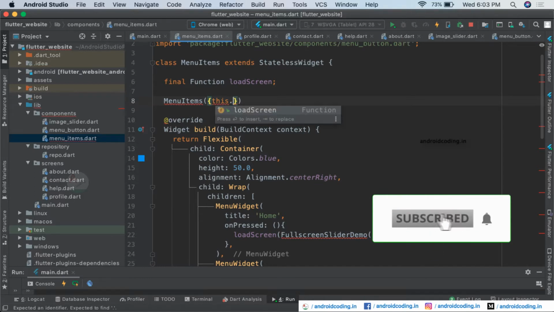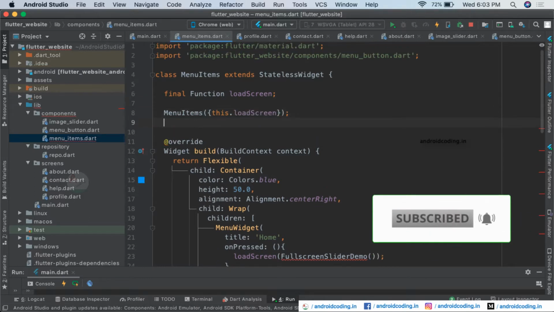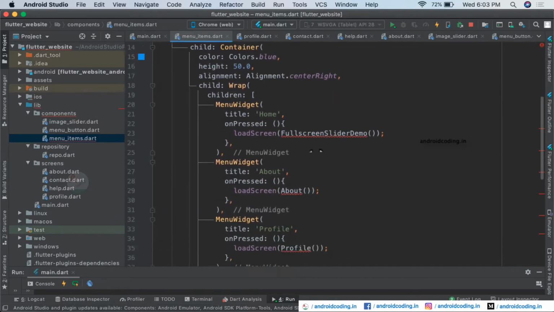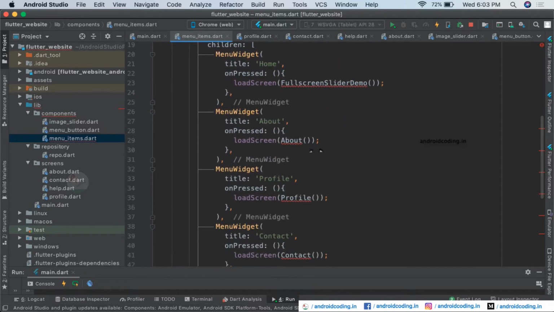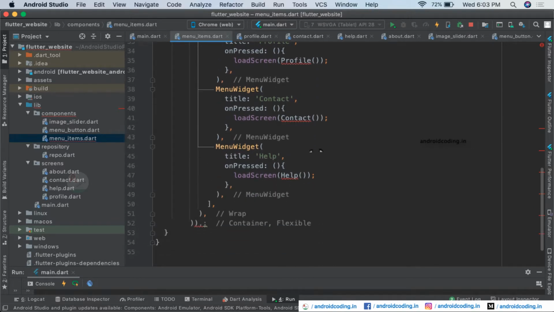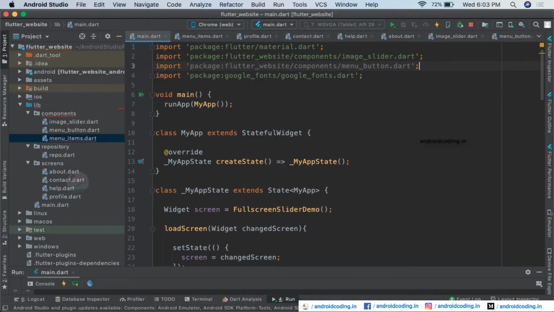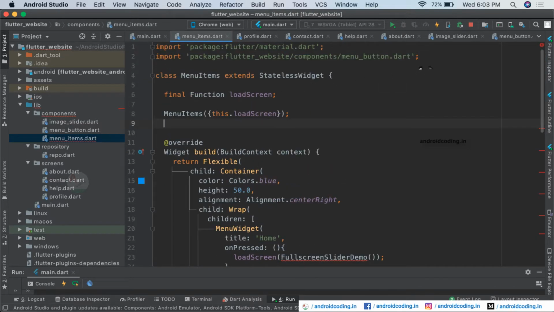So this dot load screen. Yes, we have initialized it, and now you can see these are all the class files for the particular screens. Let us get into the main.dart and remove all this from here.